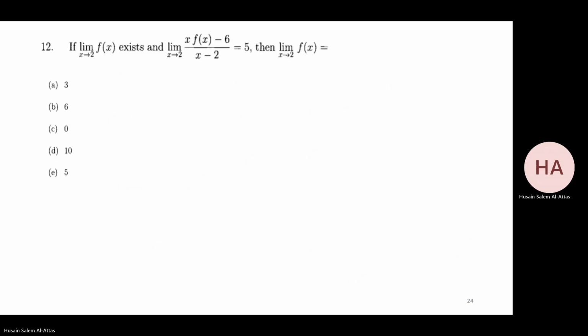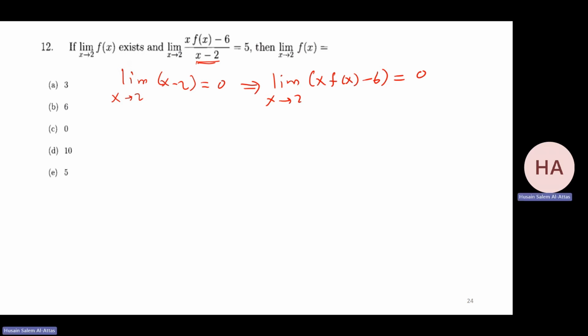The same idea exactly here. We notice the limit of the denominator is equal to 0. So for sure, the limit of the numerator should equal 0. I know this limit exists, and the limit of x as x goes to 2 exists, so I can distribute the limit. So that means the limit as x goes to 2 of x times the limit of f of x as x goes to 2,